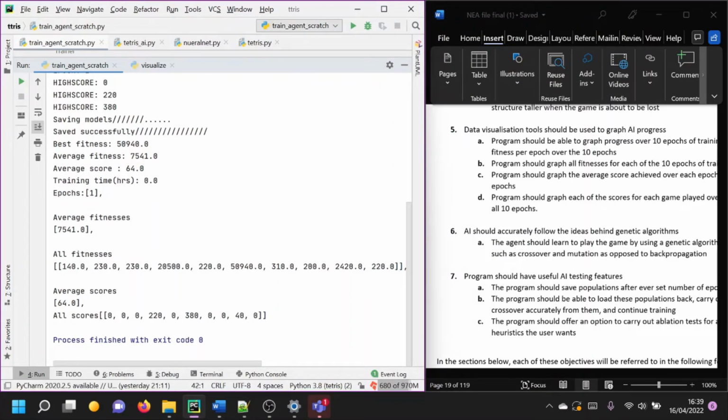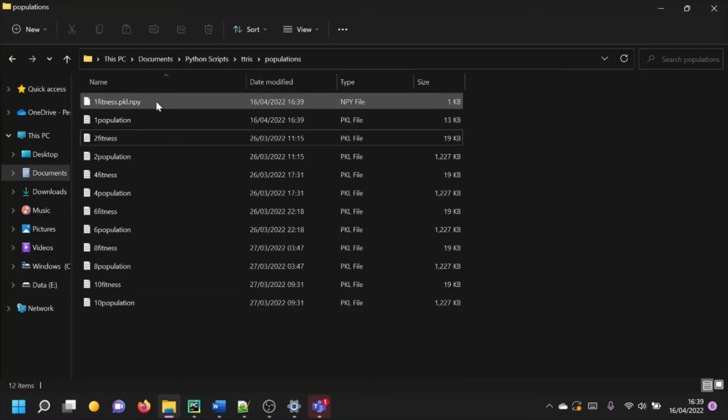So we can see that here we just have a comment that says that the population was successfully saved. We print out all the data to the console, just in case matplotlib does not work in terms of passing the data in. You have to manually create an object to pass all the data in. So here we just have the average score attained, 64, which makes sense. It's just a random population trained. We can't really measure the time, but it's probably less than a minute. And let's just go check on the epochs. So we can see right there,